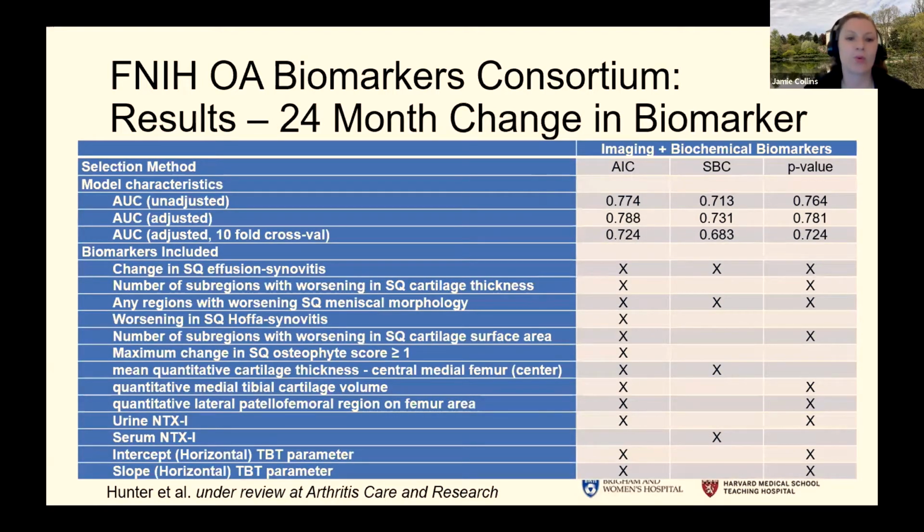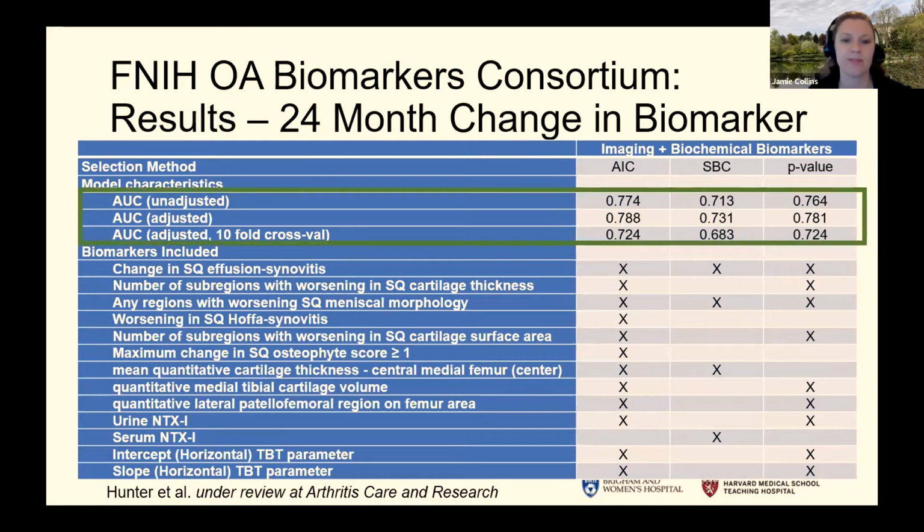And then we looked at 24-month change in biomarker to predict composite joint space width and pain progression. I apologize, this slide is a little bit busy, but I'd like to just point out that the AUCs are a little bit higher here, between 0.68 and 0.72. So having some information on how those markers changed over 24 months seems to improve our ability to discriminate between